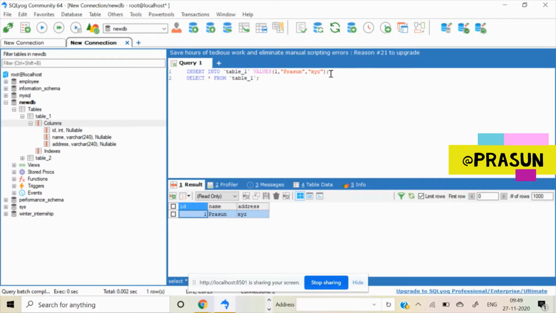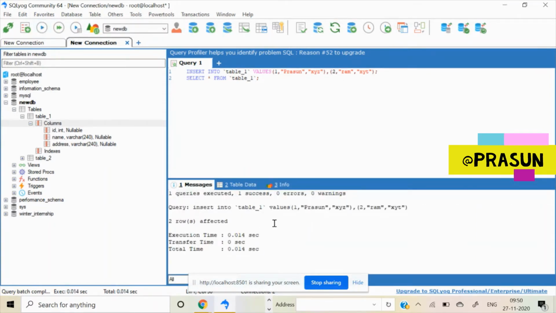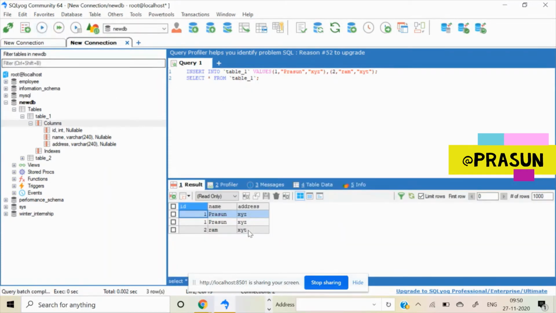Now in this manner, we can insert multiple values. You will ask how. Like this: I will copy this one. Suppose this is XYZ, this is something else, and this is 2. Then if we execute this, okay, fine. We are executing SELECT *. Then you can see that